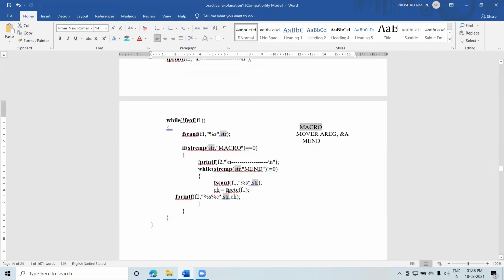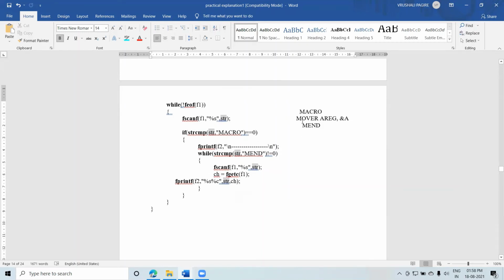So compare whether that word matches with the keyword. Check, meaning you have to use a simple string comparison operation. If it matches, then enter into the loop. Again, I have just used this printf with some dashes. You can again skip this one. It's totally optional. Okay. What is the logic?